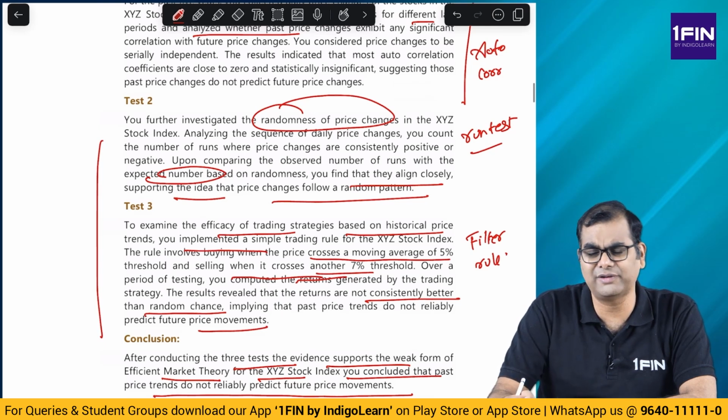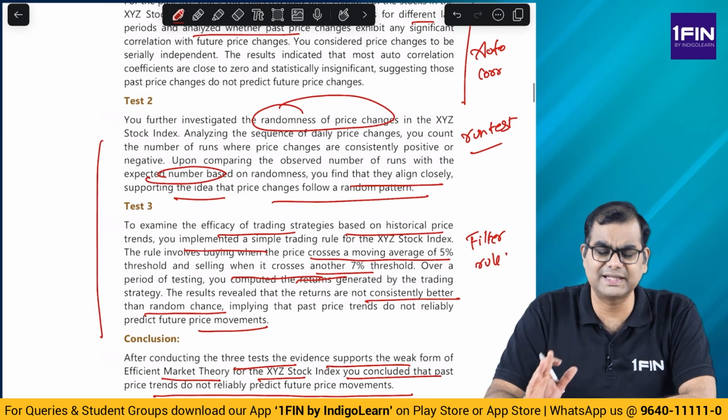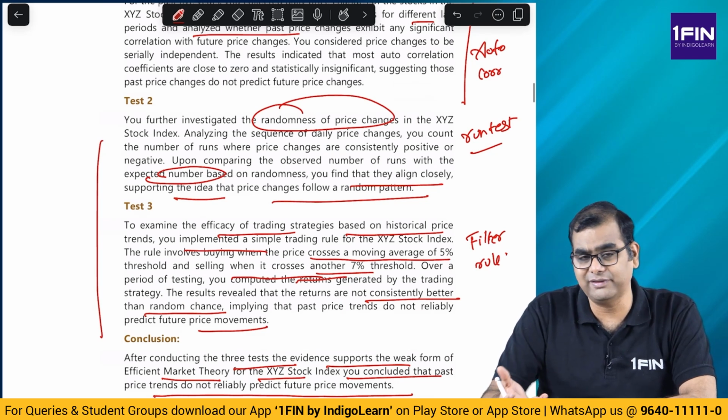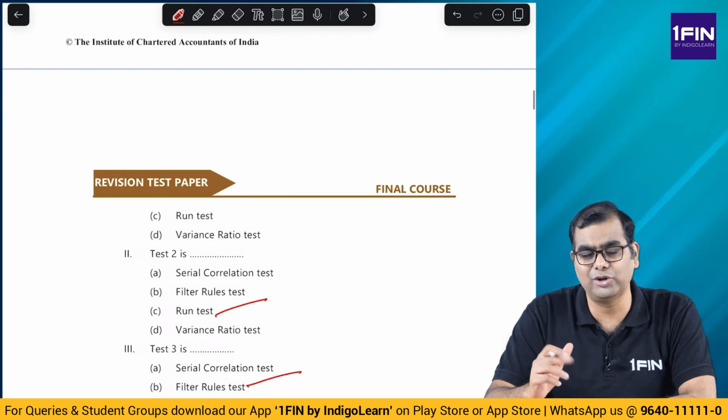Will they be slightly tougher? Probably. Will they be very, very tough? I don't think so. This is the kind of case studies that they will give. They may give non-case study MCQs also, I don't know. We'll have to wait and see when the syllabus comes out, because if you look at the BOS portal